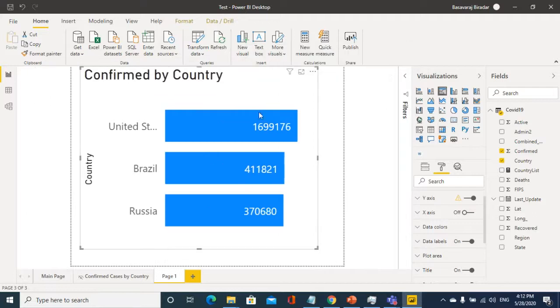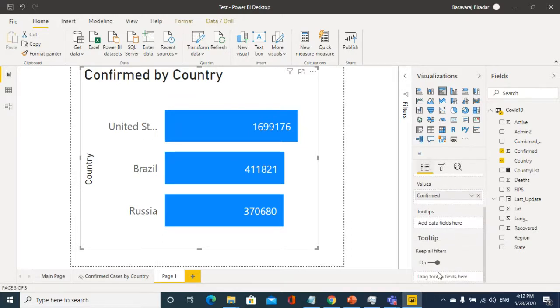And again, what I want to do, this tooltip control also, I want to make it filterable by region. To do that, what I have to do, again like here, drag and drop the region, this one. I'll rename this page as tooltip, and again I'll hide this page also, so that I don't want it to be available when I publish to the Power BI service, to the cloud.